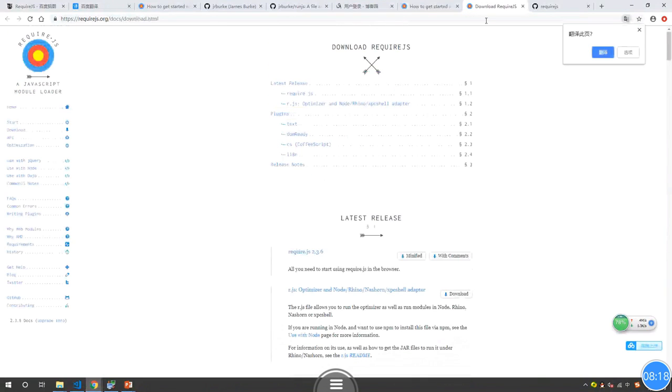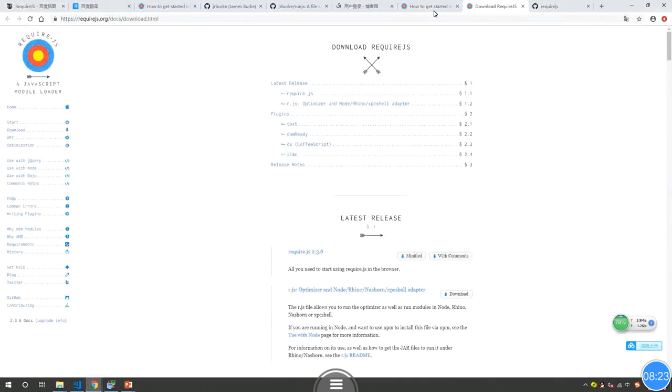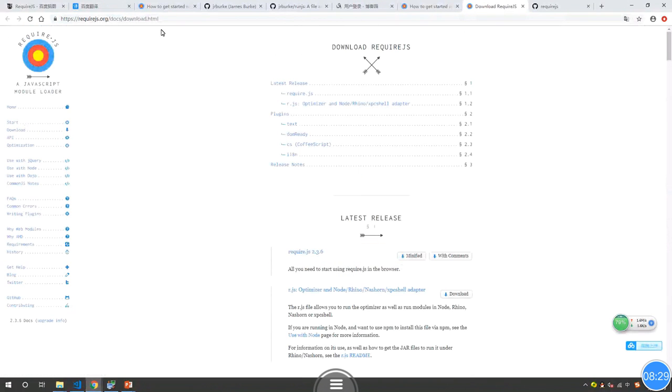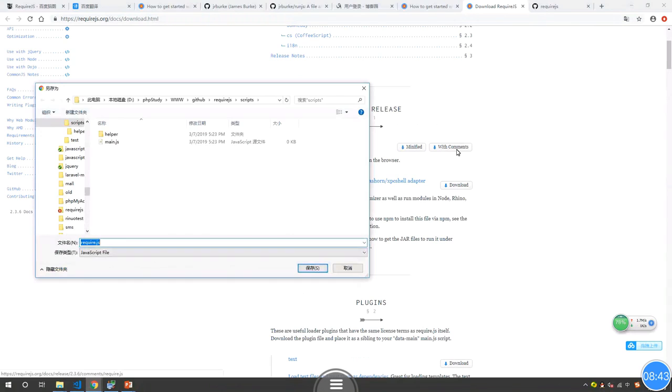So when you download it, for example, we check the download here, like this web page, and you can check here and save one. Don't use your mouse left button, use your right button, and save